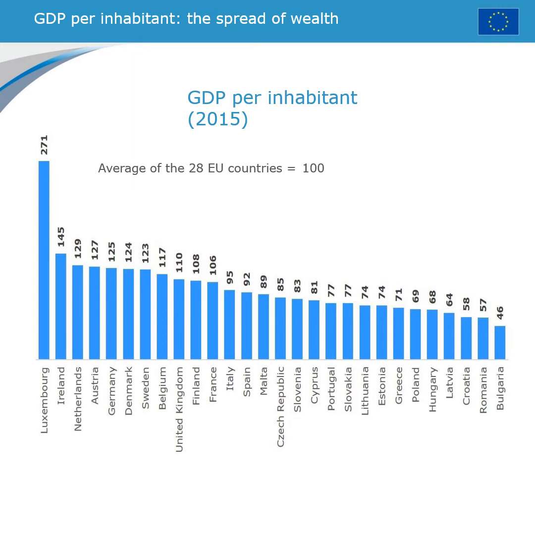And then, perhaps surprisingly, the next biggest rich country is Ireland. That wasn't the case before Ireland joined the European Union. Since Ireland had been in the European Union, it turned from a poor country to one of the richest countries in Europe and in fact in the world. It's followed by other small countries, Netherlands, Austria. The richest big country is Germany at 125, the fifth in the ranking.